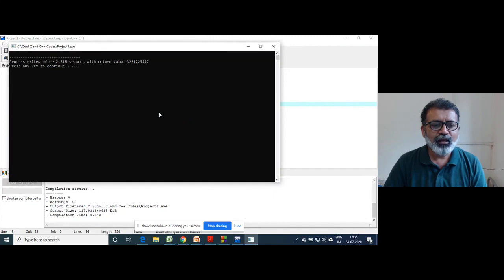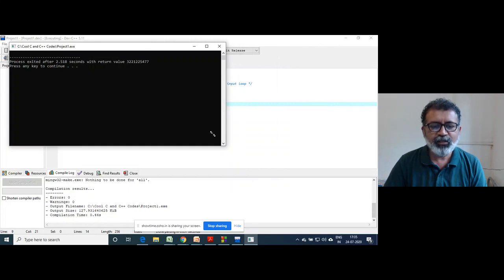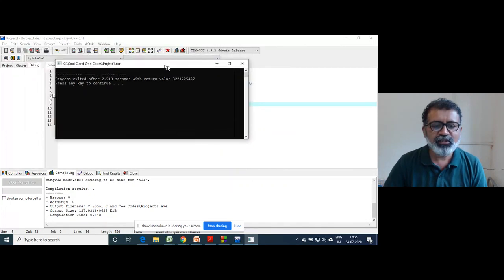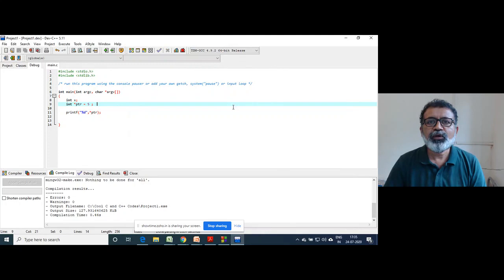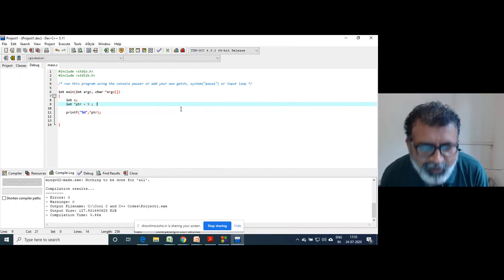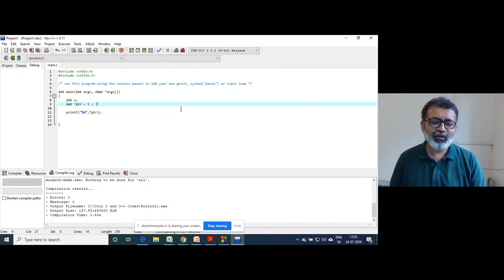If you see here, I hope you can see there is no output. Process exited after 2.15 second with return value something. Press any key to continue. So program didn't give any output. Sorry for not sharing the screen. I get so much involved in the program that I forgot that process.